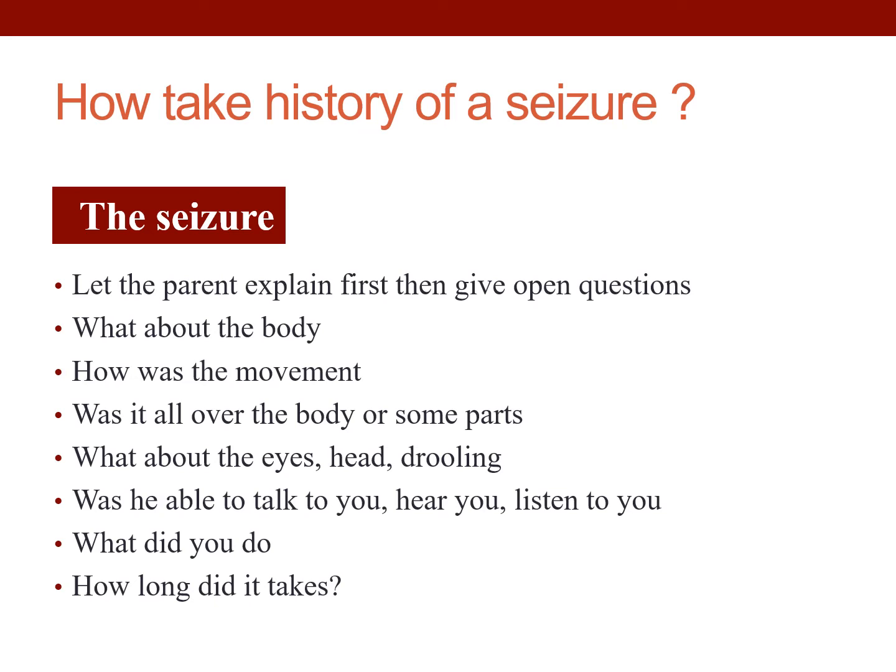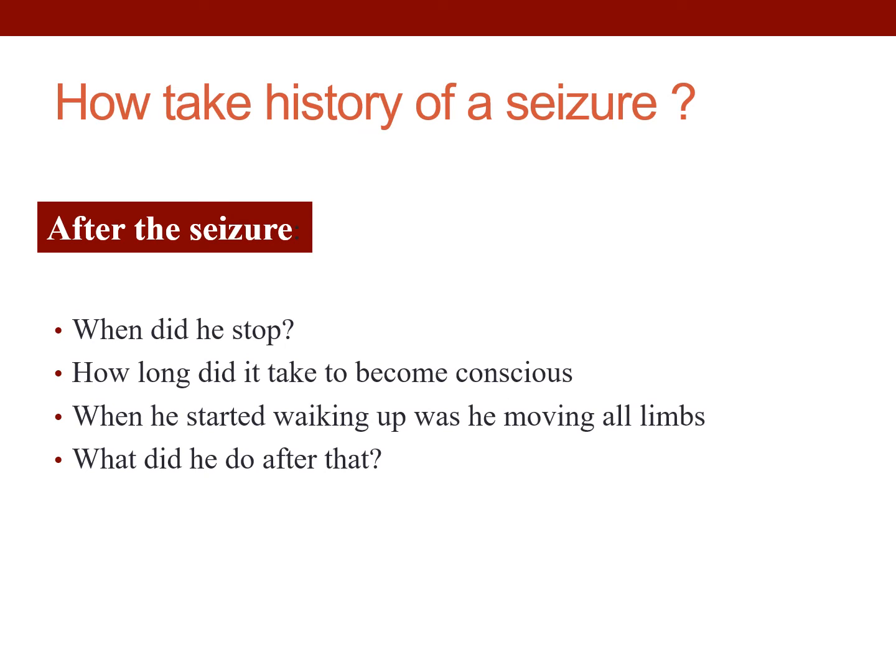You start asking about which side of the body, was it generalized, was it focal, did it affect all four limbs or just one limb, were the eyes open, because remember, having the eyes open is one of the main criteria for having an epileptic seizure. Even if the patient is asleep, they will wake up, have their eyes open, have a seizure, and then they go back to sleep. So always remember to ask about the eyes. Ask about drooling, ask about head turning, for example, if the patient was responsive or not. And then ask about what happened after the seizure.